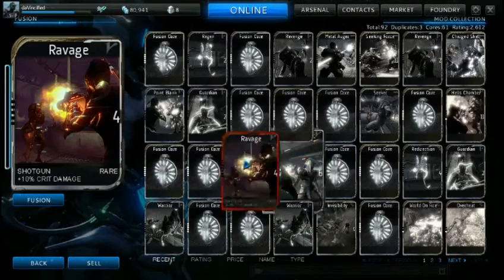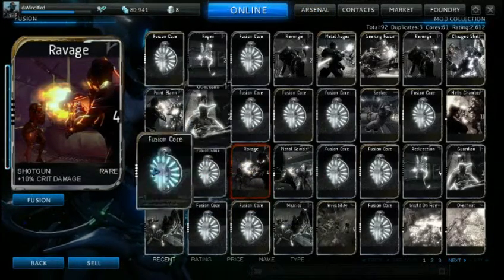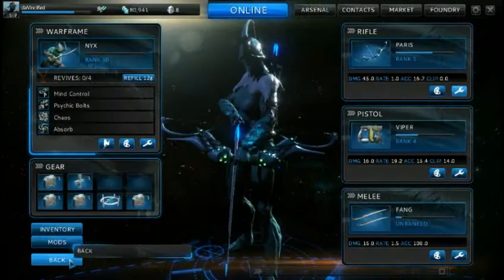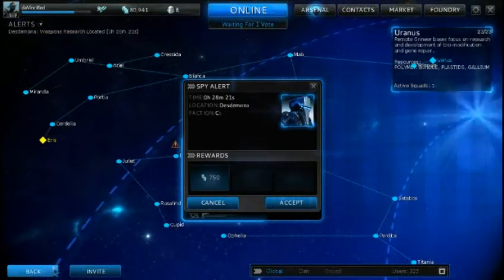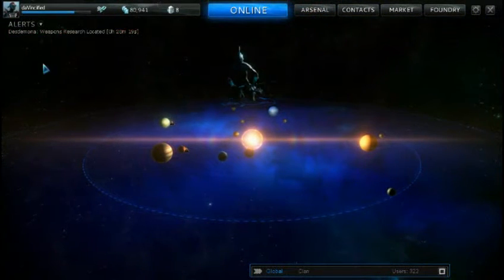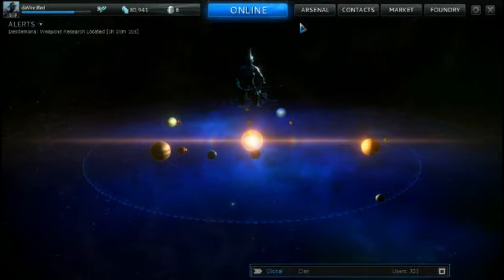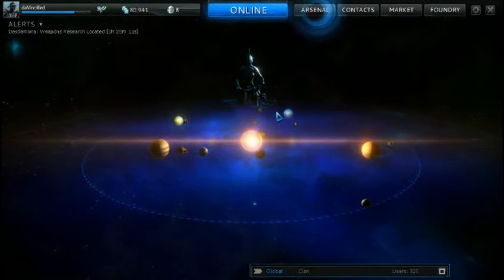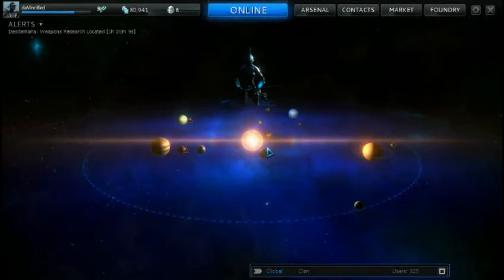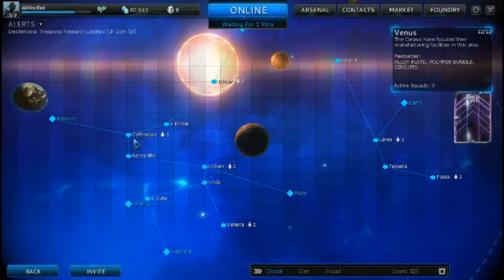But anyways, let's say you just came into update 7. You're like, okay, where are my updates? Where are all my mods and crap like that? I had to check if that was a question mark alert. Sorry about that. You're like, oh my god, where are all my mods? So yeah, all your mods are now fusion cores, and what you probably want to do is go to Venus, and either to Kiliken or Venera or